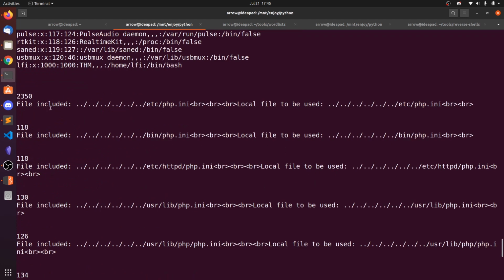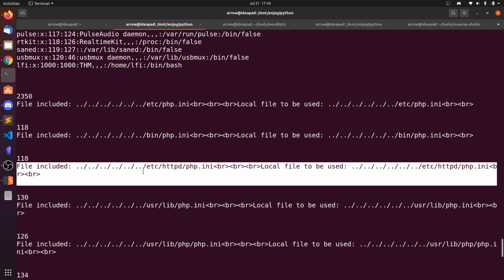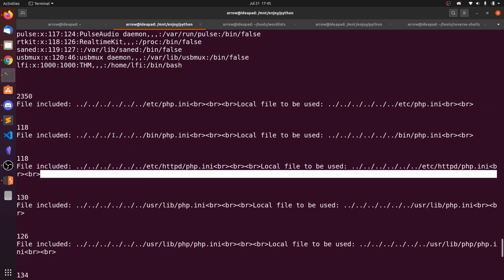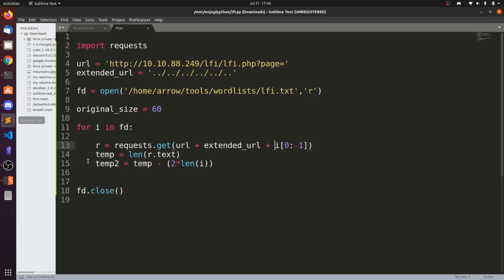Generally this is a tedious task, but in general there will be responses of 0 length, so it will be very easy. But here in this room they have included some explanation to help us understand that file included and local file to be used. So that's why we need to filter this. After deleting, the total length minus the file length, you will get the original response.